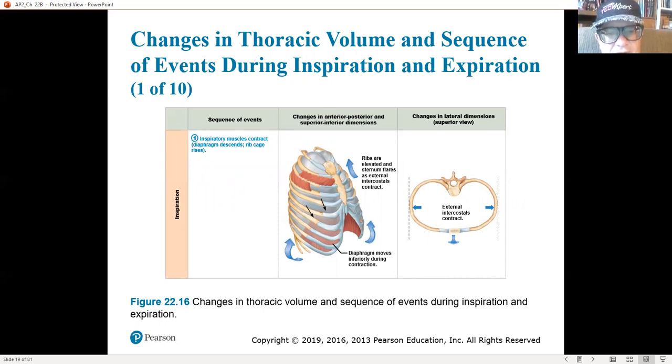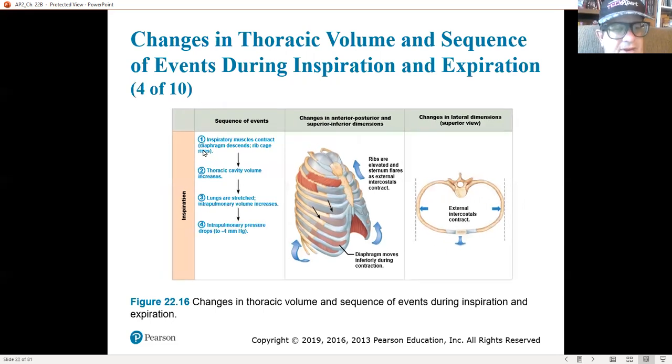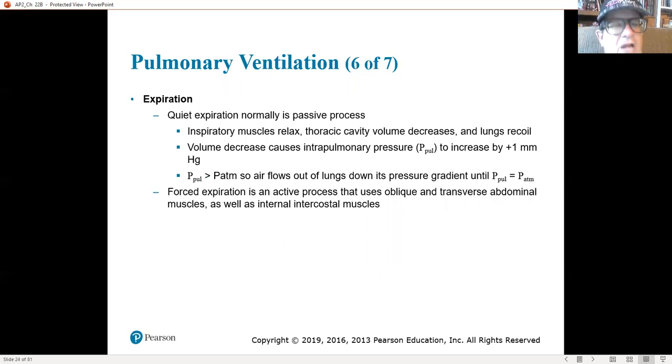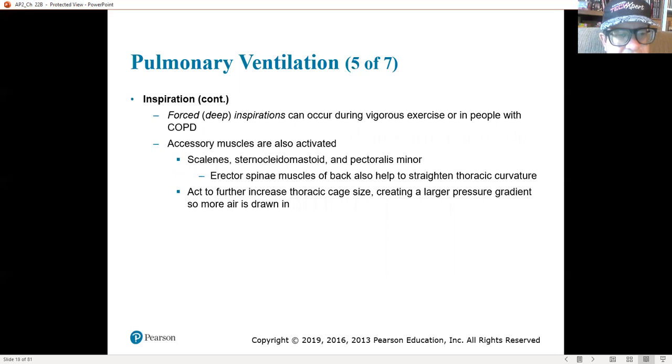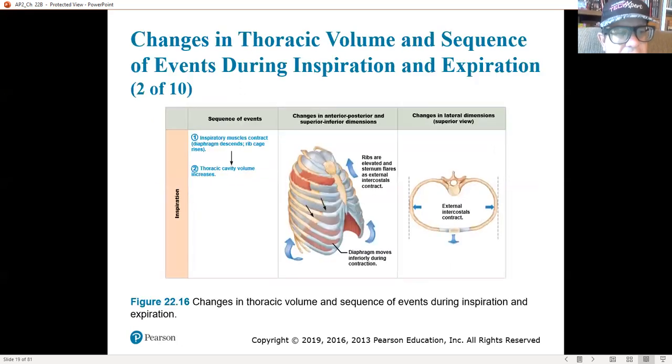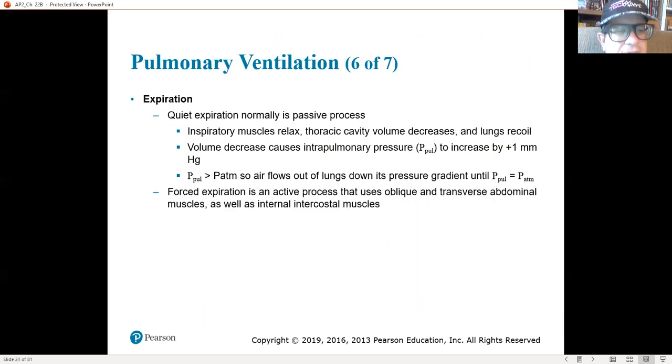Now exhalation. There you can see we're doing the exact same thing, but it's the same idea. All right, expiration is the opposite. Well, I shouldn't say the opposite. Expiration is the bottom half of this picture. All right. So in expiration,